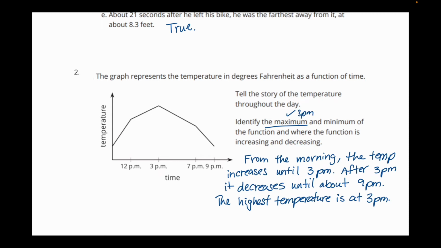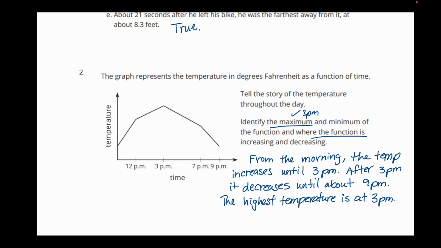We said where the function is increasing. Yes. Where the function is increasing. Yes. Where the function is decreasing. Yes, after 3 p.m. Minimum, we can say the lowest temperature